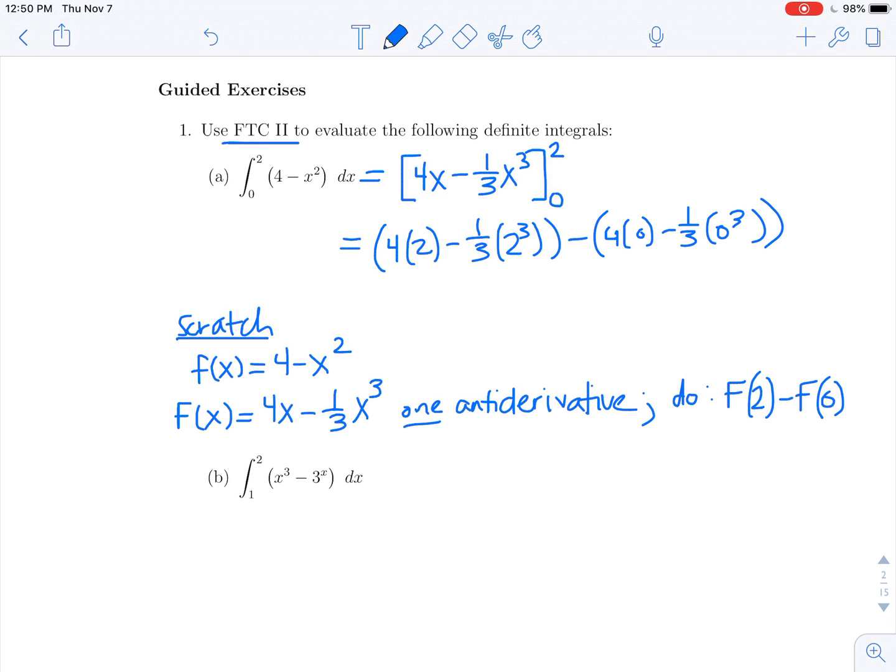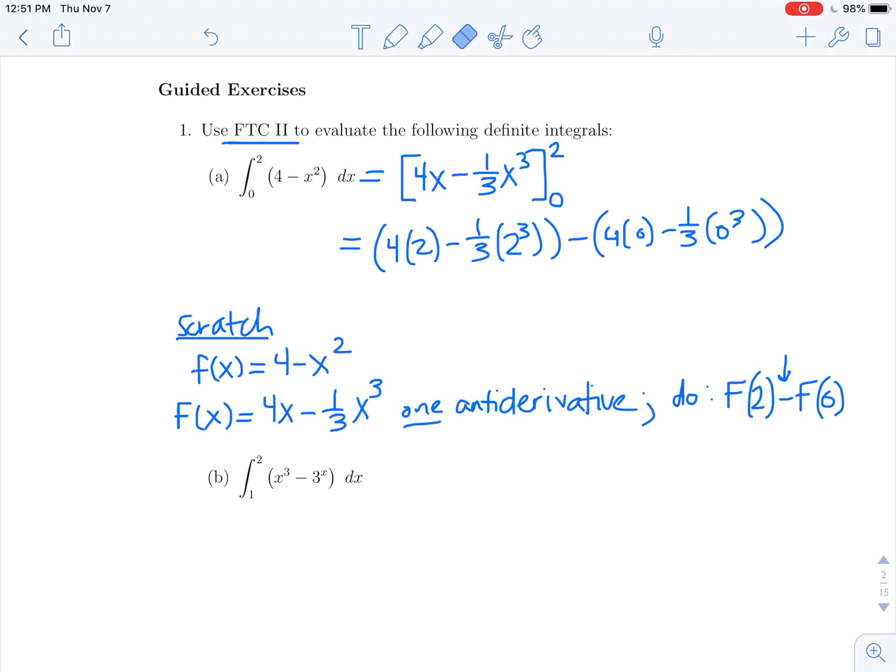And so I use parentheses to group capital F of 2 as well as to group capital F of 0. Now, the main reason that you want to do this is to make sure that that minus actually applies to everything that makes up capital F of 0. Okay, so now I'm going to erase these arrows that I put in so that you can see